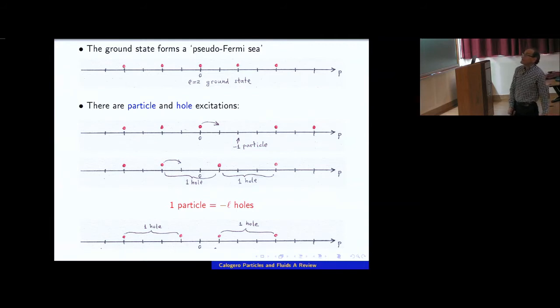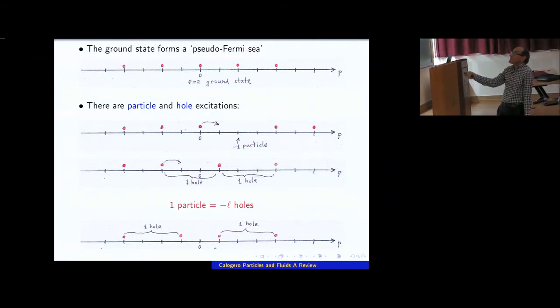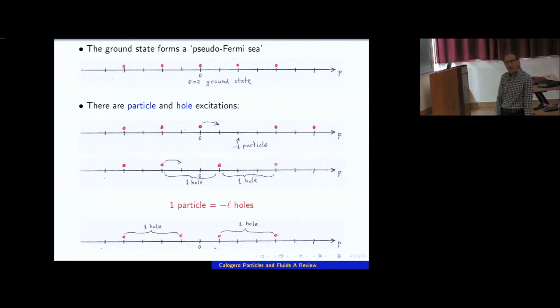But we can also have holes. You would say, okay, holes would be take one particle and remove it. That would be one hole. Actually, not quite, because although that would be the absence of a particle, it is not the most fundamental excitation that you can have inside this pseudo-Fermi sea. Let's see what happens. So I took one particle here and I removed it, I put it over there, and I created a hole, or rather a gap of one particle.